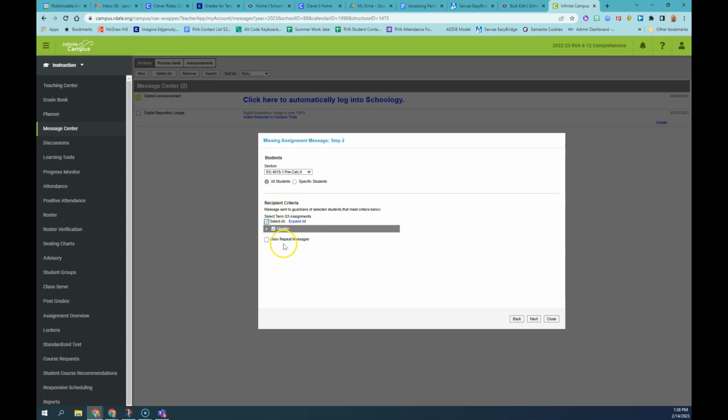Allow repeat messages. That's important because if you're going to be sending this several times during the course, you want to make sure that it's allowed to send messages again later in the course. If you don't check that, you might get nobody. So I recommend checking this. That just means that the same student can receive messages from you repeated times. And that's great because I want to send this every so often so families are updated. Then you say next,